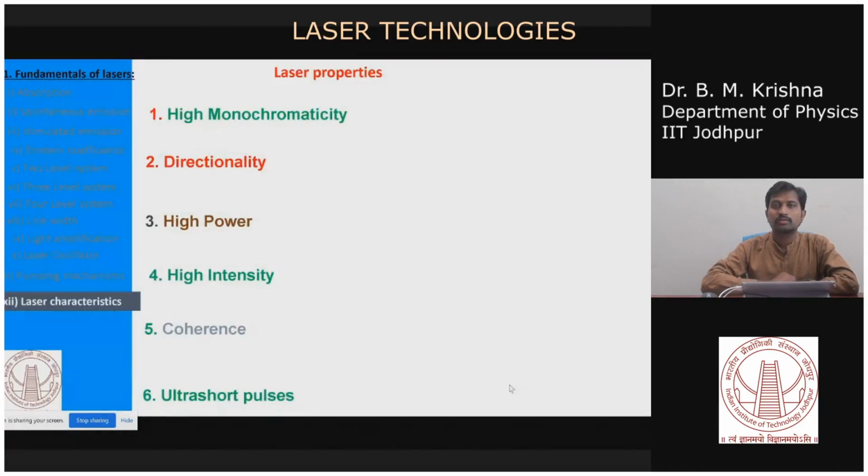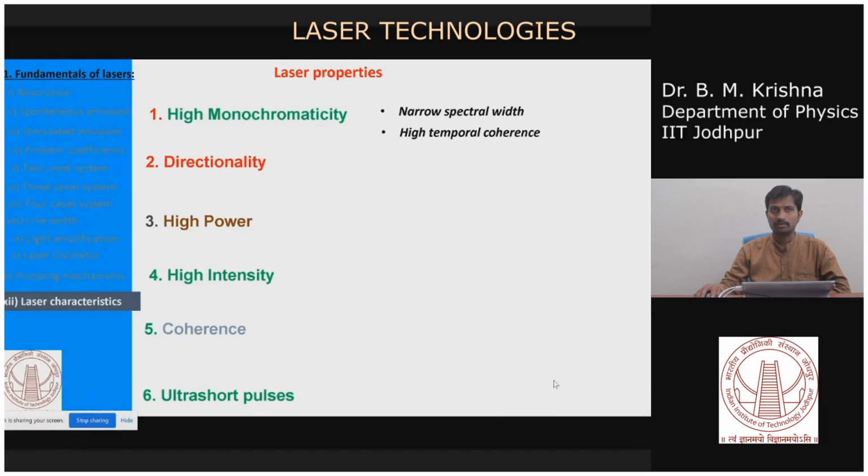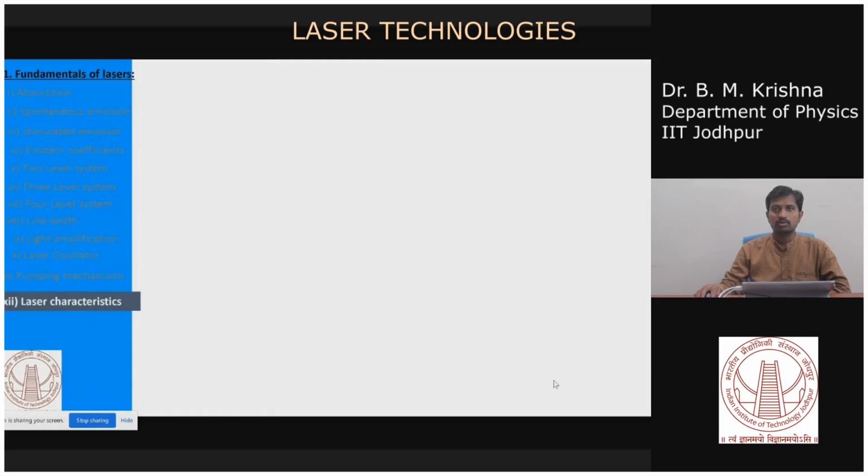So in the last class we have discussed the laser characteristics, right? We have different laser characteristics like high monochromaticity, high directionality, high power or high intensity, coherence, and ultra short pulses. So we are going one by one. We have discussed high monochromaticity, which you can also call narrow spectral width and high temporal coherence. That we have seen in the last class, and in today's class we are going to discuss